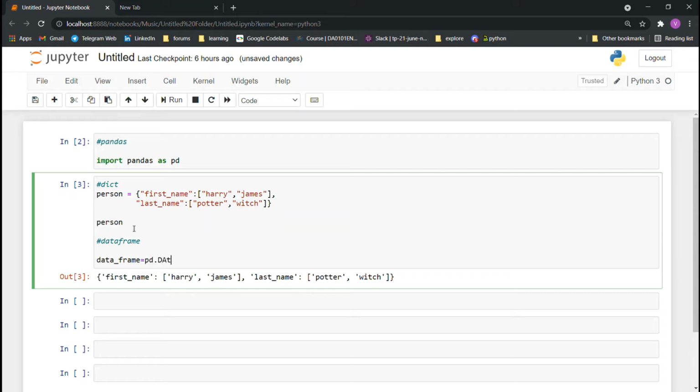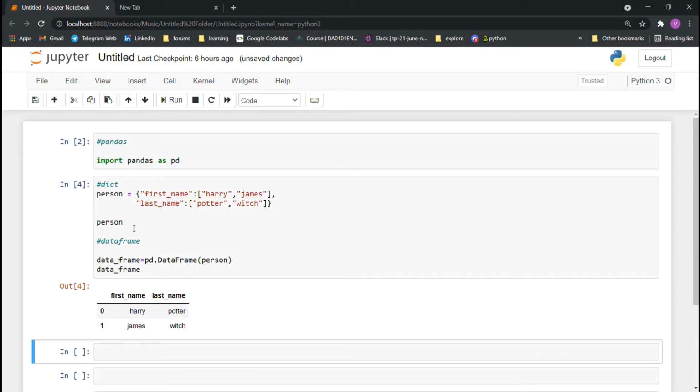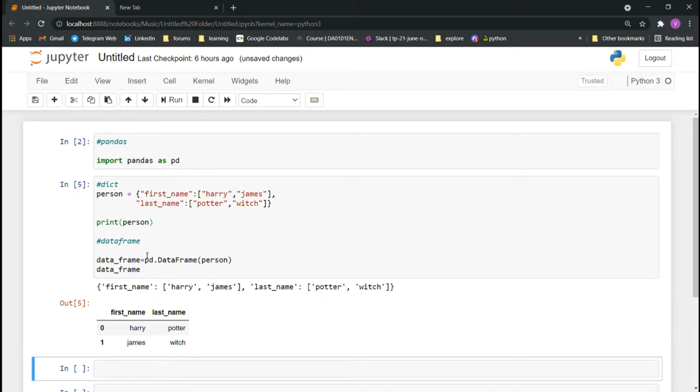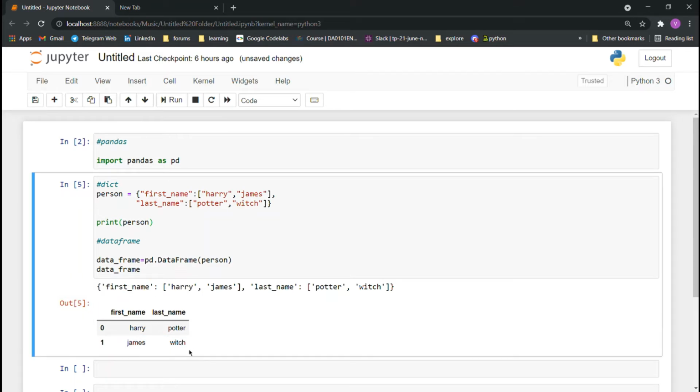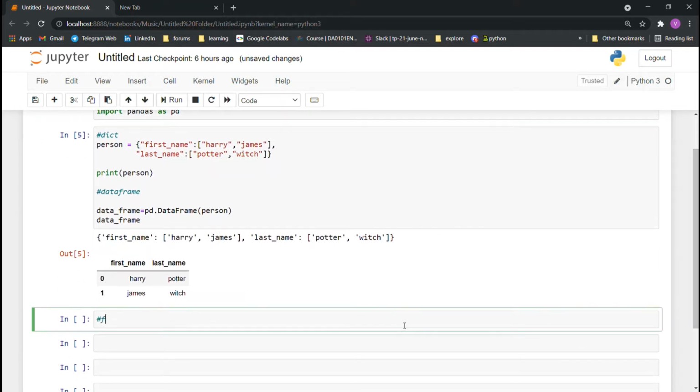Data frame equals pd.DataFrame of, and pass the dictionary. You can pass a dictionary or list, and it will convert to a data frame. You can see the difference here. A dictionary contains key values and a data frame contains rows and columns. It also contains index numbers.